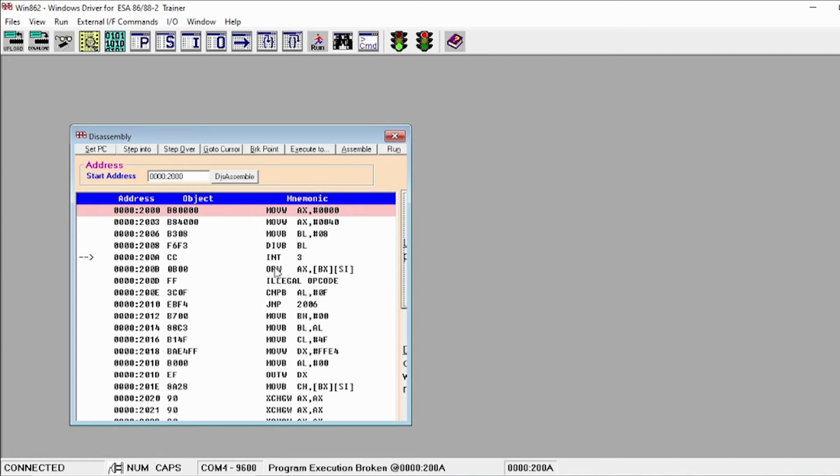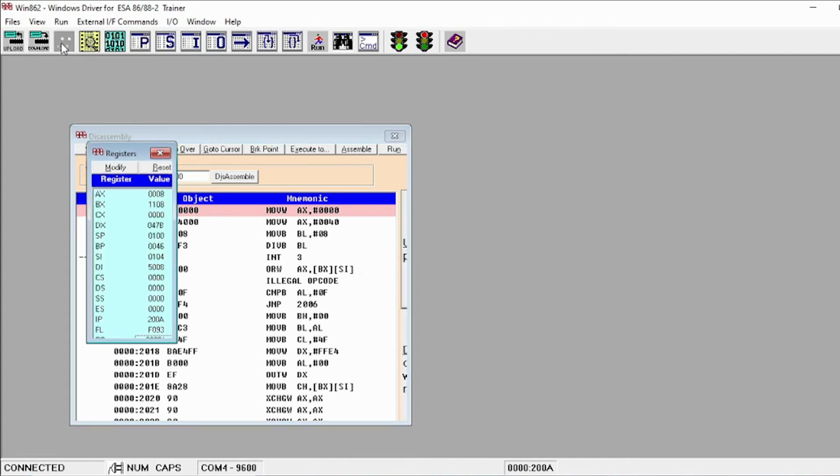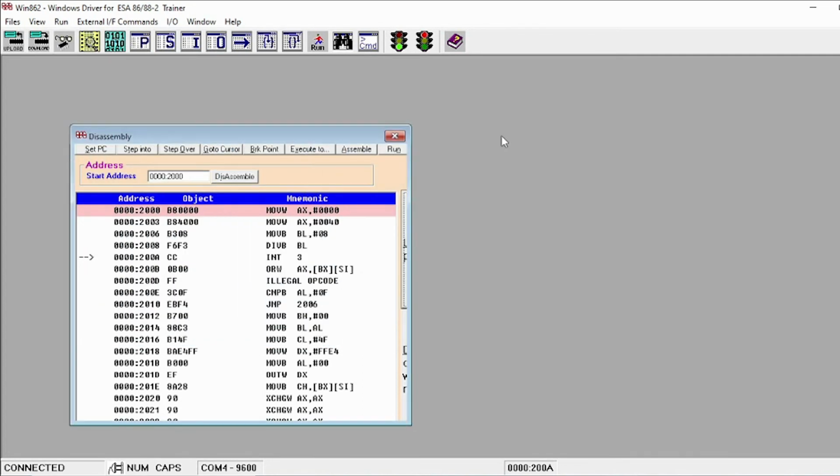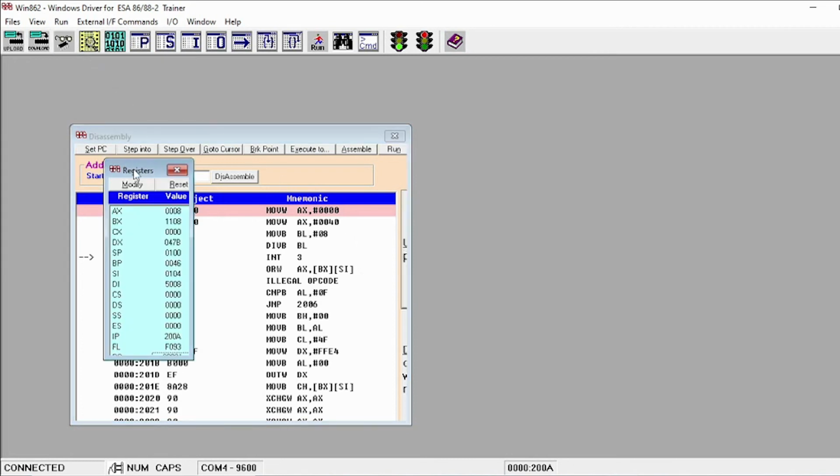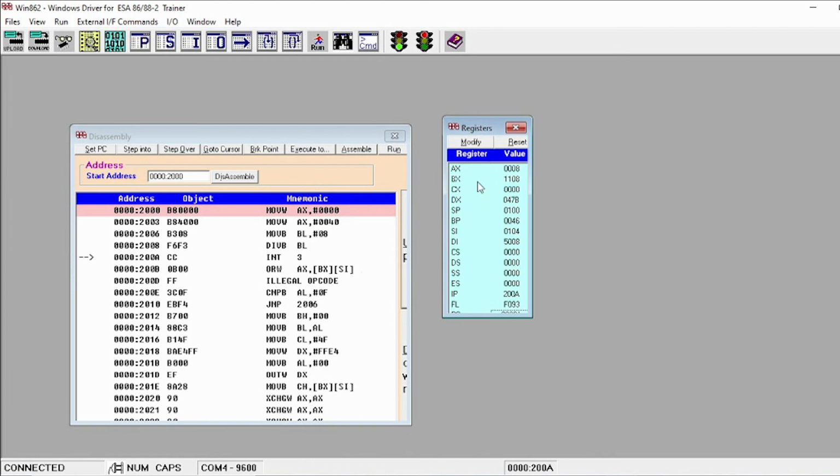If you observe the division program, then click set PC and run. So the control will be at the last instruction. It means that all the instructions are executed. Now, to see the output of this 16-bit division operation, you have written that you are going to see the result in registers. So you have to click here, view registers. In this view registers, AX is the result.